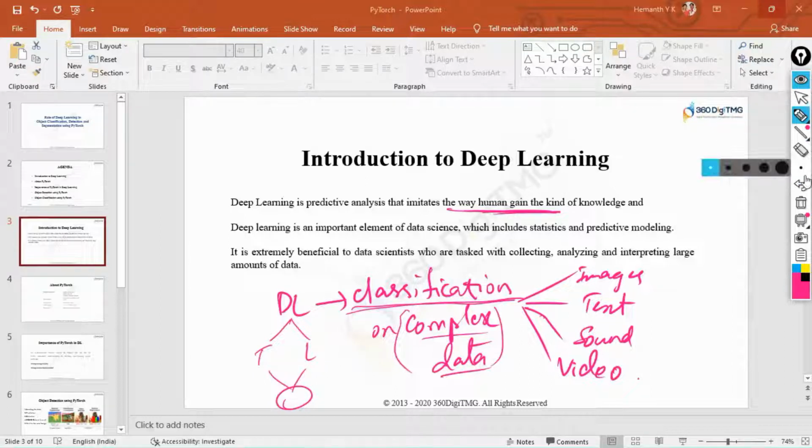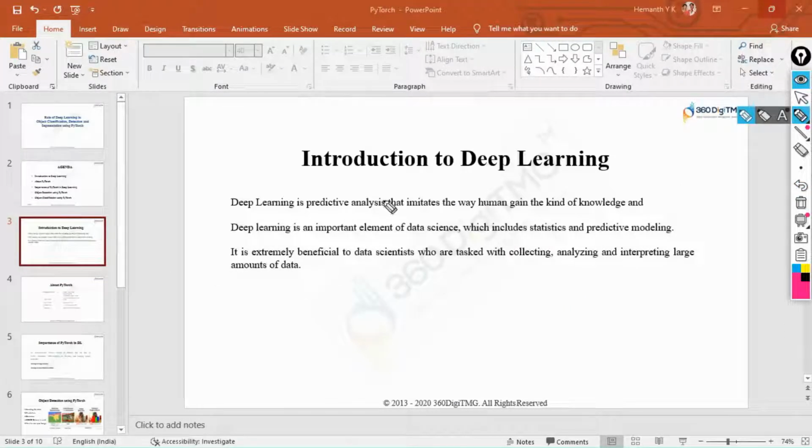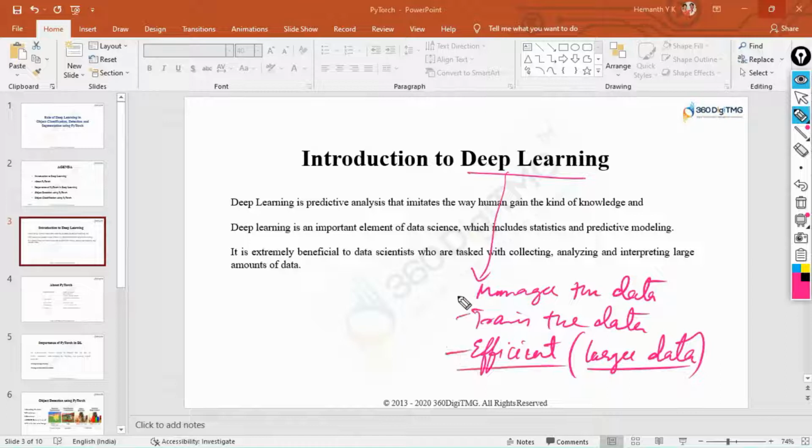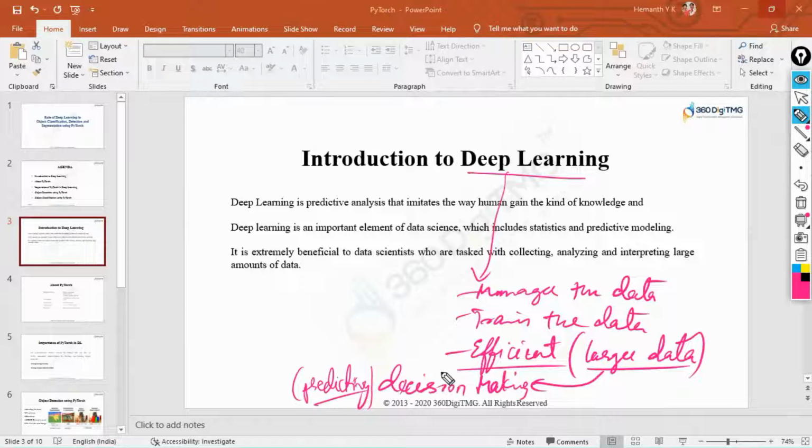So there are a few different functionalities that we need to see when it comes to deep learning. When I say functionality, it manages the data, it trains the data, and it will be efficient when the data is more, when the data is large. The larger the data, the more efficient, which impacts the decision making. So predicting more accurately plays an important role